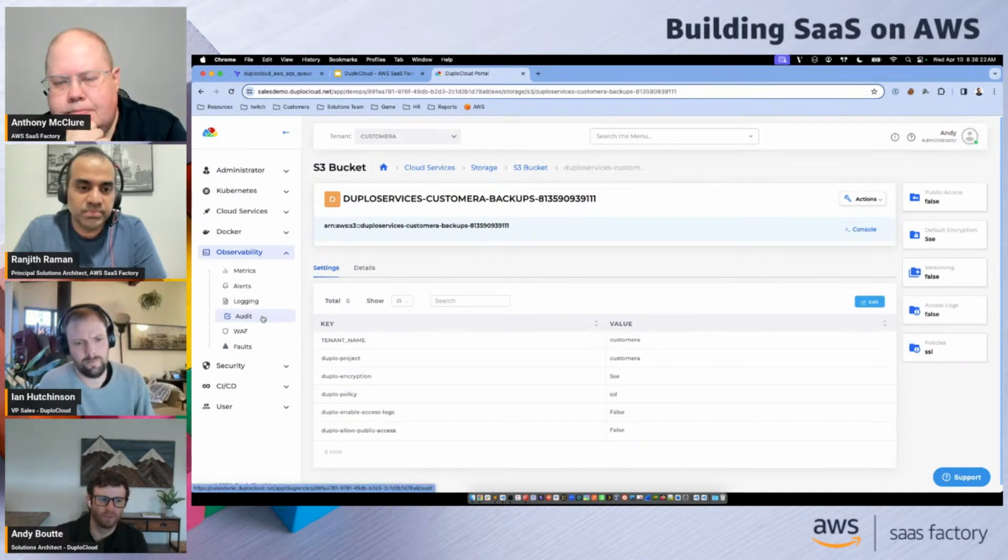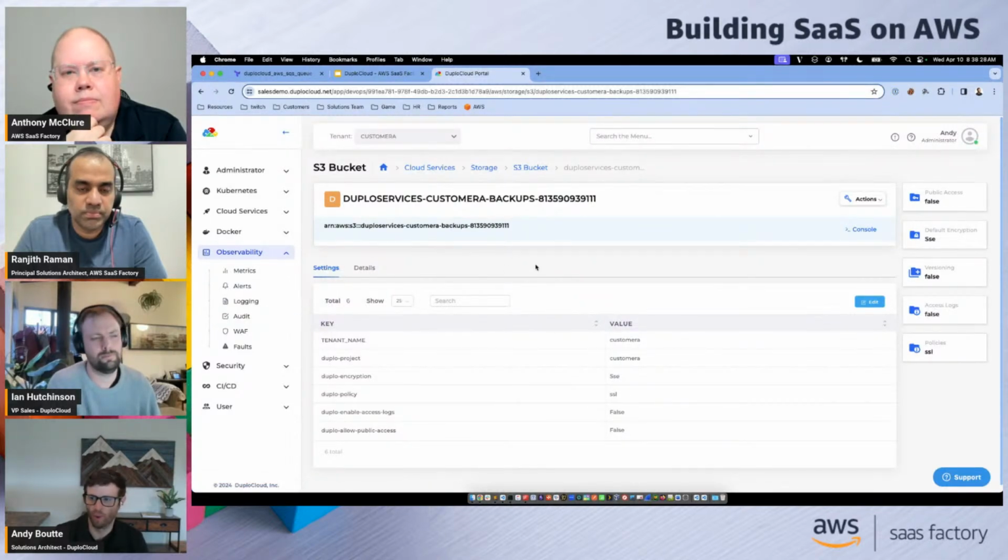So absolutely. DuploCloud has an audit feature built into it. Any actions that are taken inside of Duplo, we can see who did what, when, and then once they're actually in AWS, obviously there's things like CloudTrail to map out what actions they took directly in AWS outside of Duplo. Very nice. So we have that full audit trail.